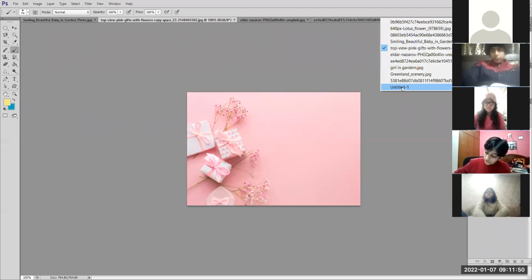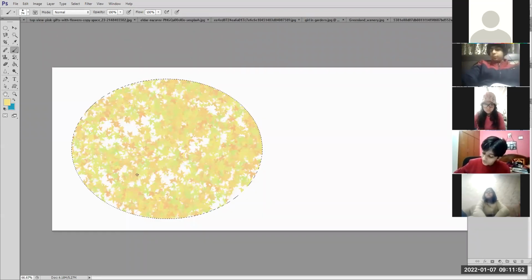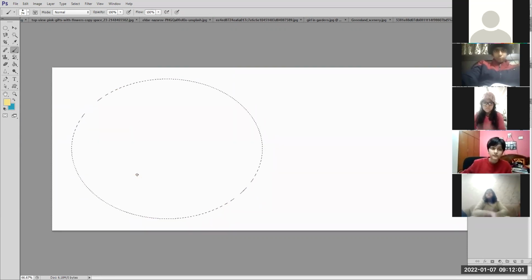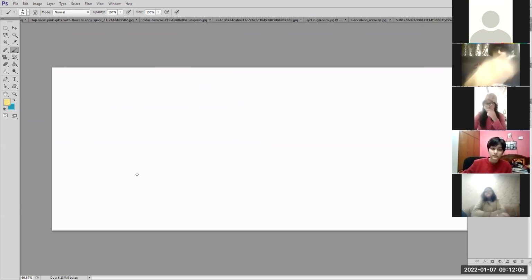Now I'm going to do one more thing. I'm going to cancel this, undo. Usually we use the undo command in every application. We use the shortcut key Ctrl+Z. Undo. Done. Pressing Ctrl+D deselects. Now in Photoshop, you can undo only one action by pressing Ctrl+Z, only the last action.